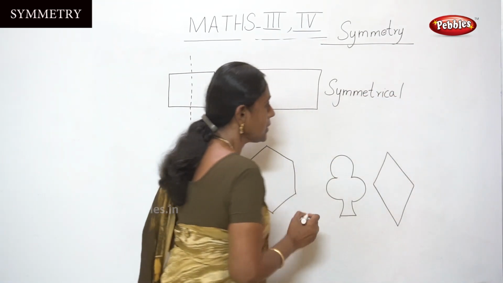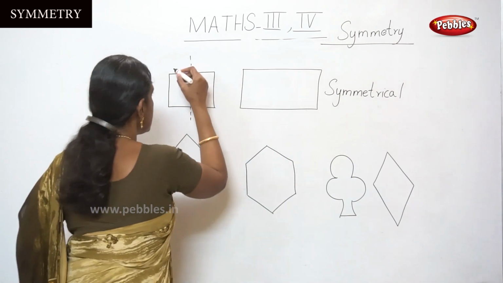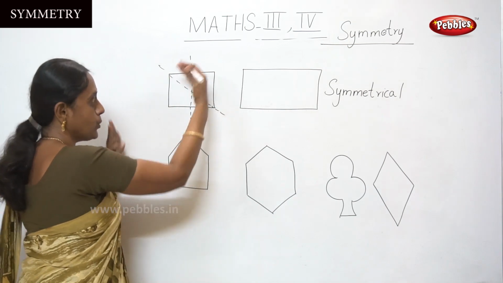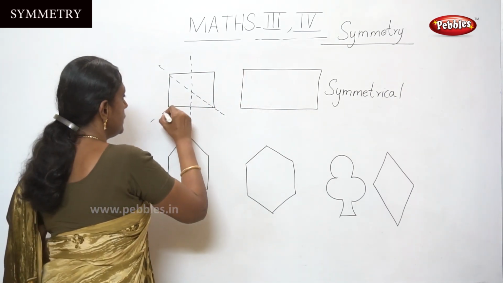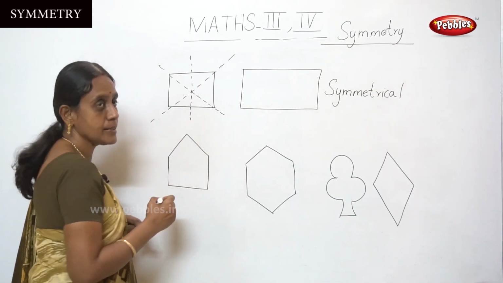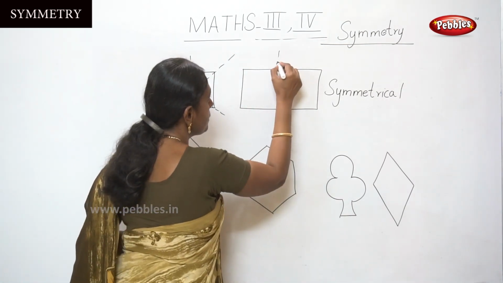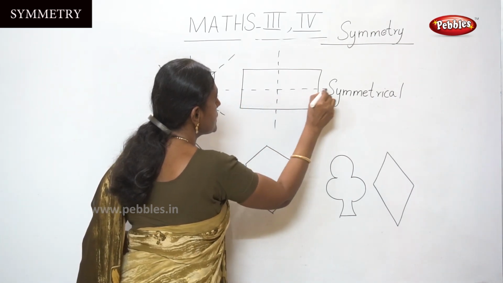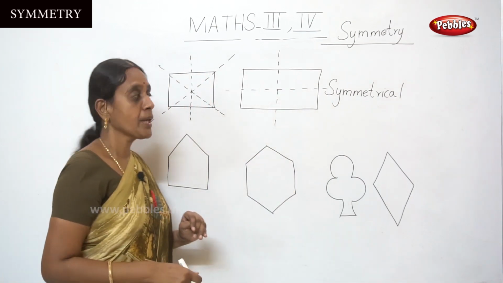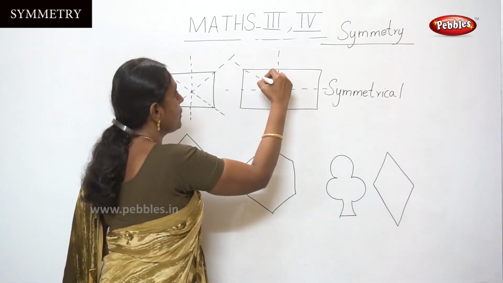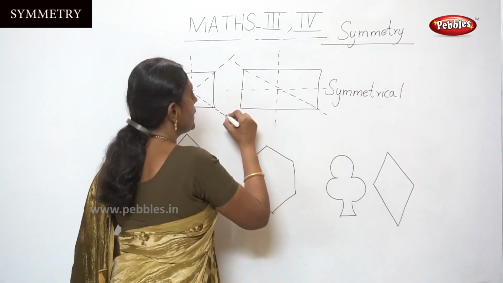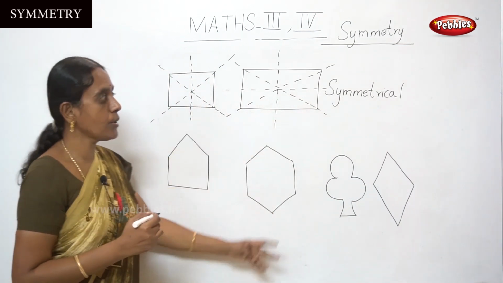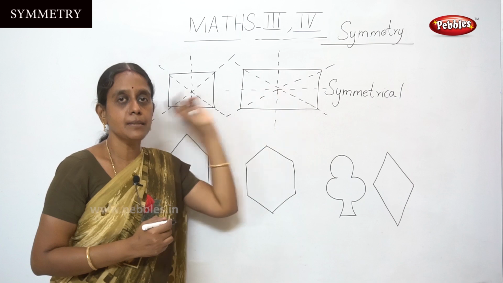Symmetrical. So here all these shapes, you have to fold like this also, you can divide into equal halves. In this similar way you can make it like this, and in this rectangle shape also you can divide into equal halves by folding the rectangle shape paper. And you can draw lines of diagonals also, you can get it into 2 equal halves. So all these shapes are called symmetrical shapes.